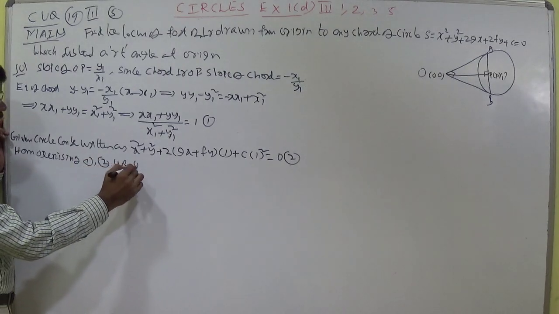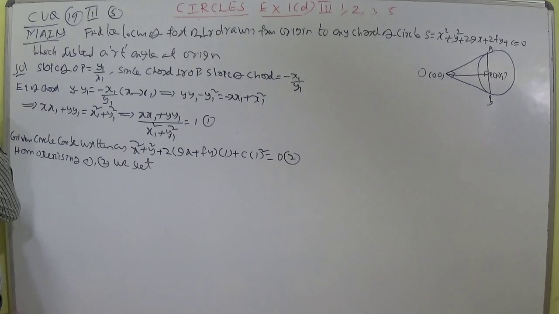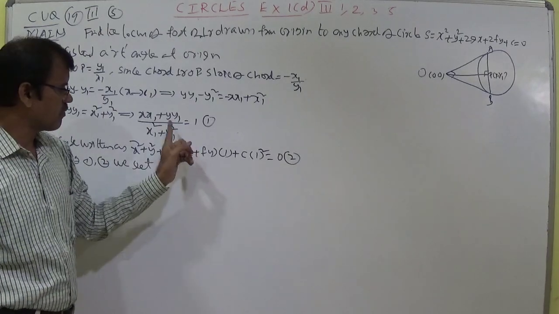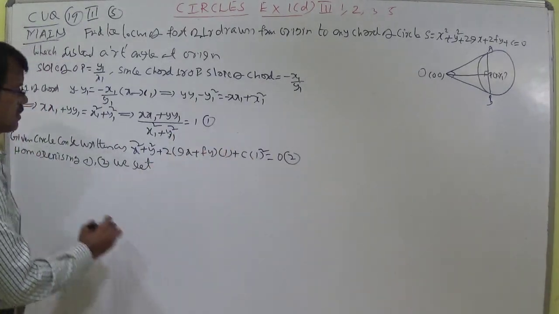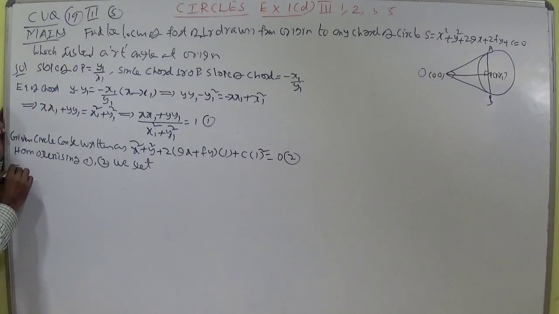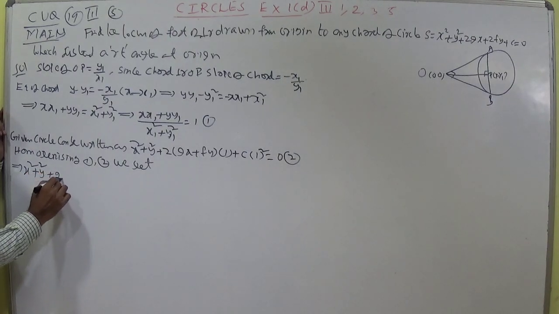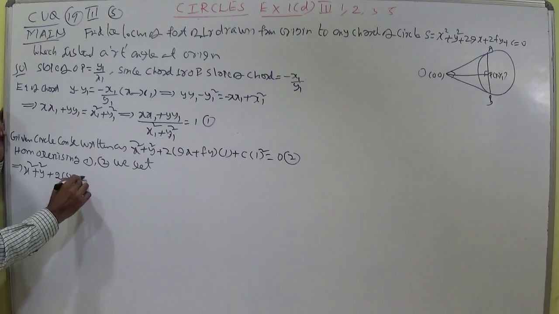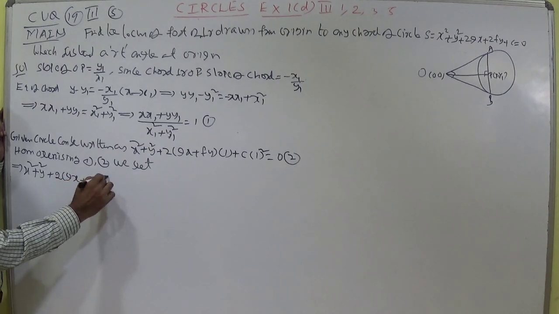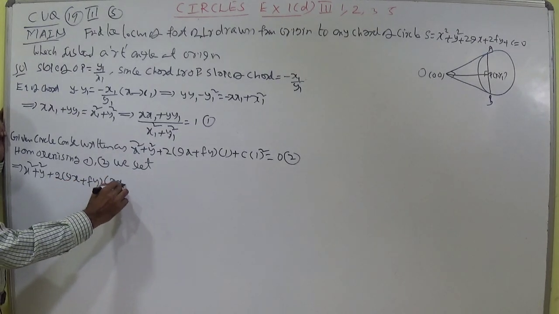Homogenizing 1, 2, we get. That implies substitute the value instead of 1 this one and instead of 1 square this one. Carefully we should do the calculation. Here you write x square plus y square plus 2 into gx plus fy into, instead of 1 you substitute